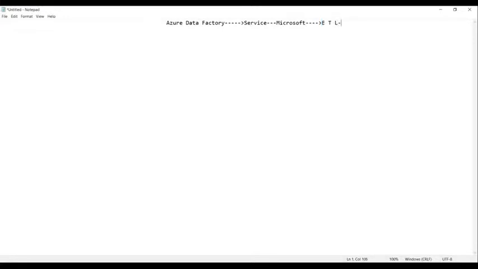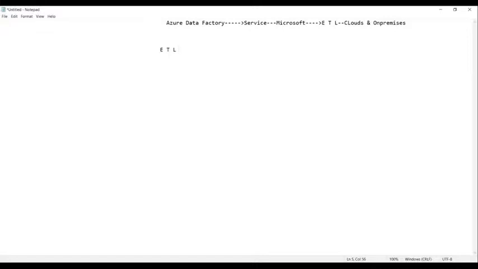Azure Data Factory is provided by Microsoft to perform ETL between clouds and on-premises. Now tell me, what do you mean by ETL?